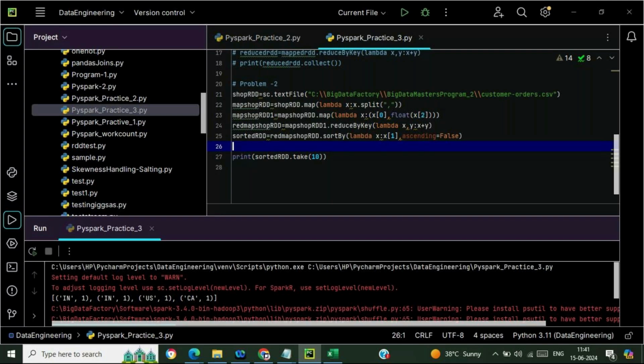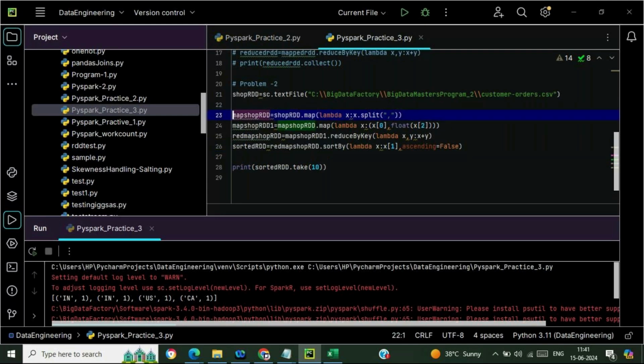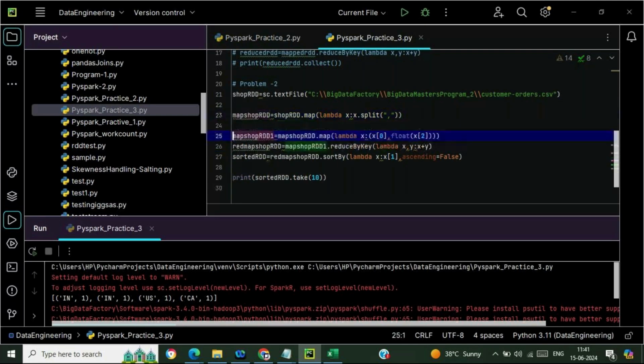Firstly, in the first context he read the data into the shop RDD. Then he mapped a lambda function. Basically, he split the data, each line into words, using this comma, because it's a CSV file.